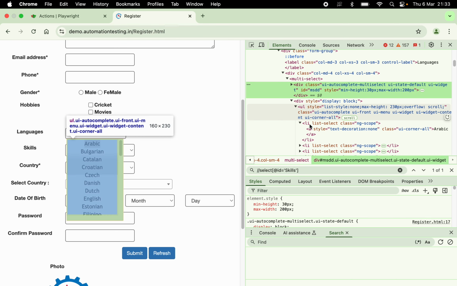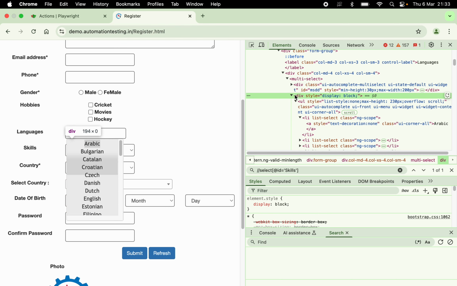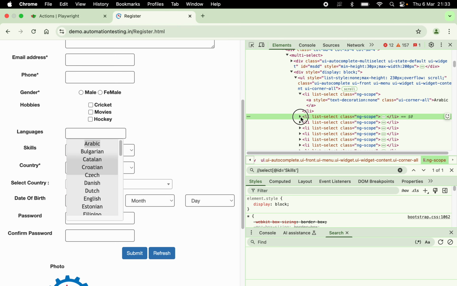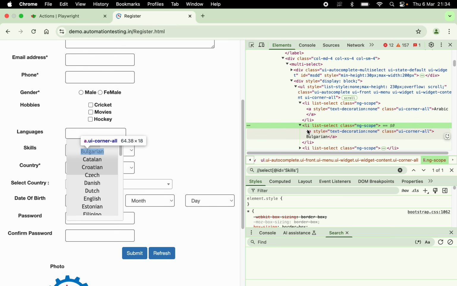Basically this is present inside this. In one of the siblings this value is appearing. Here you can see these are the different list items and anchor tags. Inside this anchor tag these are present. So basically we have to first click on this drop down, and then from the drop down we have to select one of the